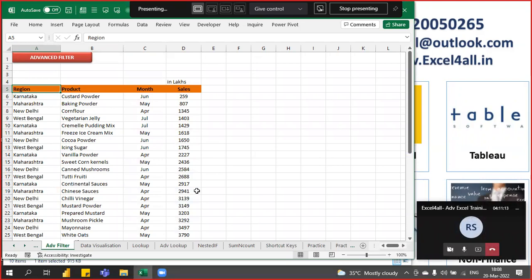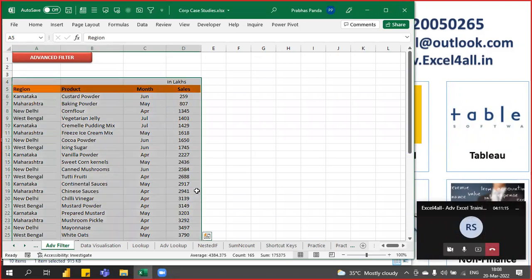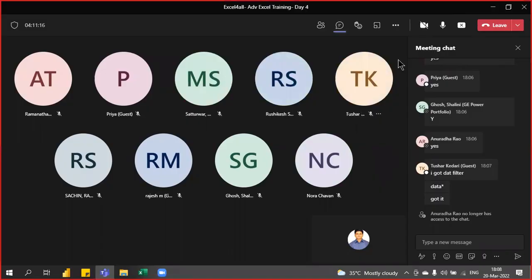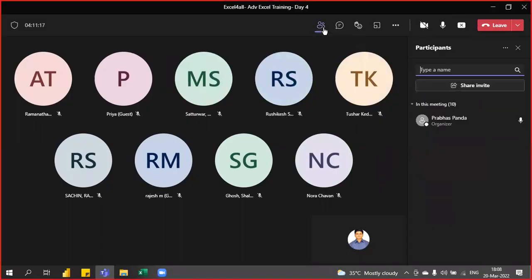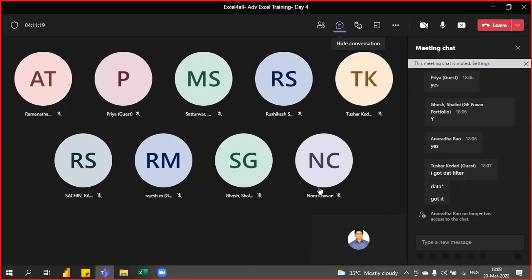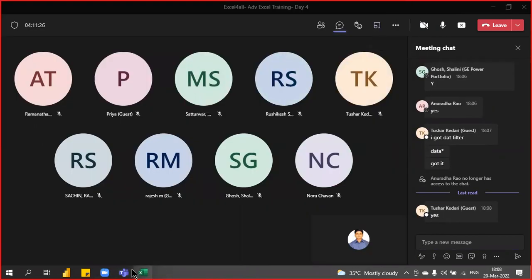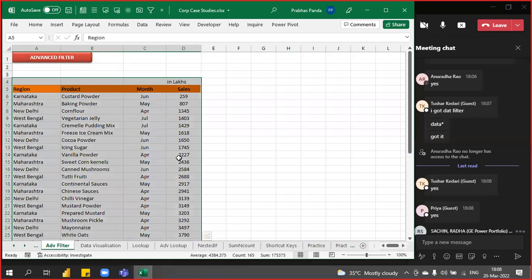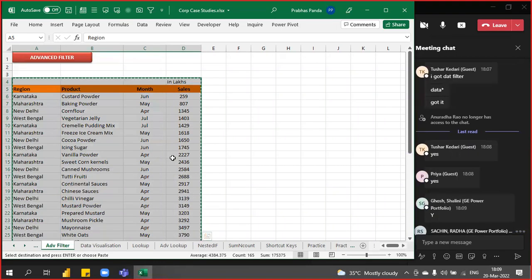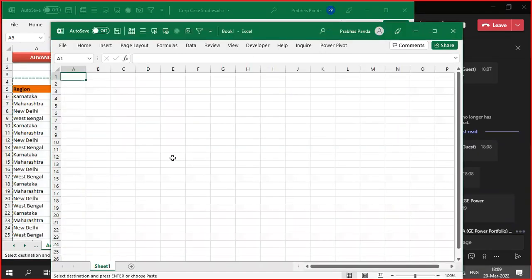All right. Now kindly select this data, whatever we have from the advanced filter. I believe everybody is able to see my screen. Right. So you can copy that data and open a new workbook, new Excel file, leaving 3 to 4 rows